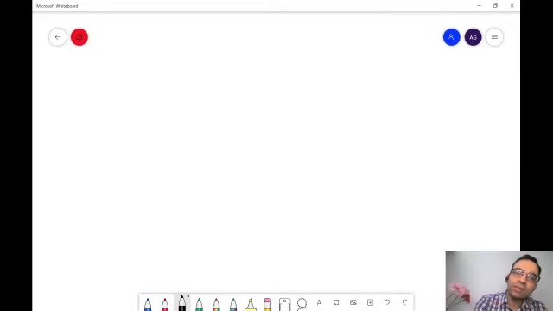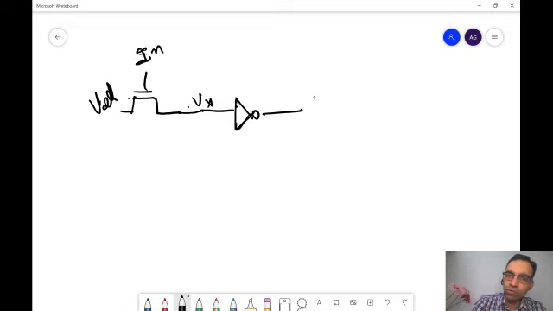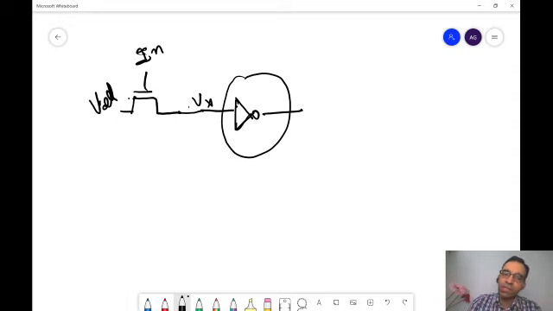So what are we saying? We are saying that there is an input VDD. Now over here it was a Vx, and we now say that this Vx will be put somewhere so that I get the inversion there. I get a full VDD to ground swing there. That is the purpose of putting an inverter. Are you with me on this? Why do we put an inverter in the first place? Because I want a full 0 to VDD swing.